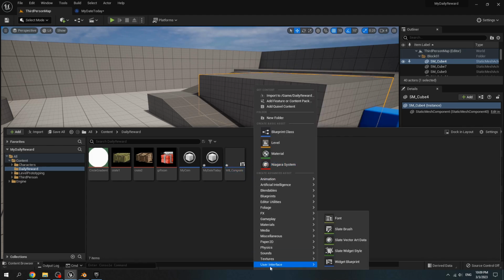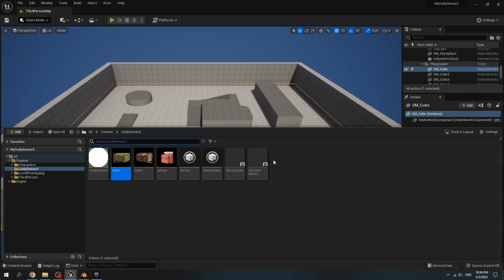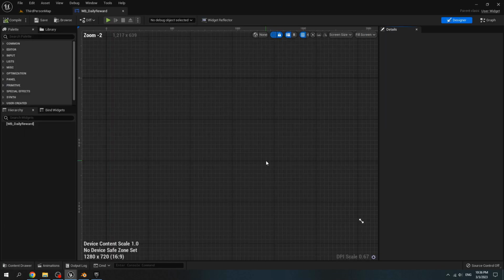Right click, User Interface, Widget Blueprint, User Widget. Rename it to WB Daily Reward. Open WB Daily Reward. Then search for Canvas panel.